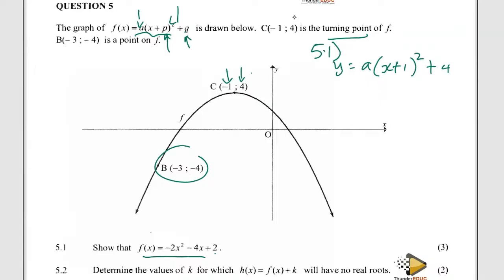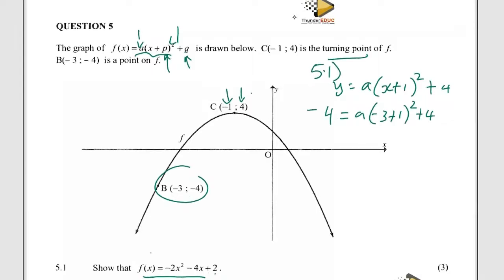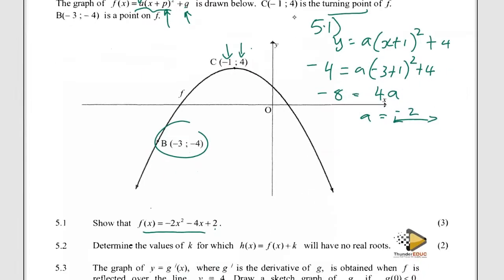Let me substitute x and y with this point B. So negative 4 is equal to a into (negative 3 plus 1) squared plus 4. When I move this 4 to that side, I'll have a negative 8. And I simplify this, I'll end up with 4a, meaning that our a is going to be negative 2,